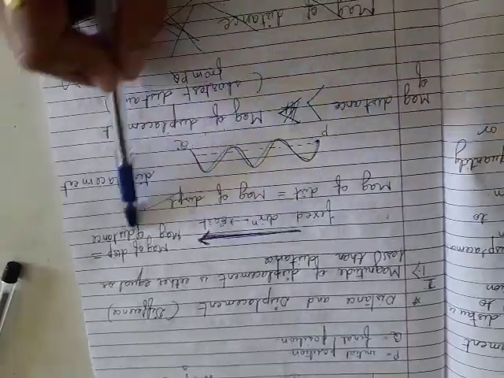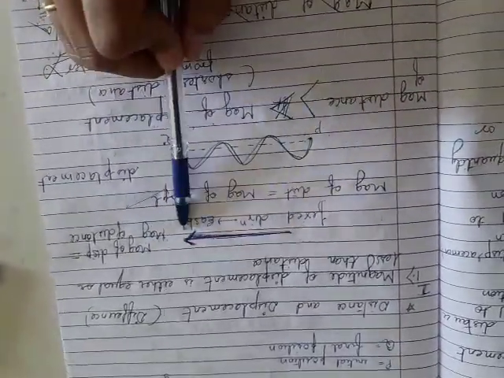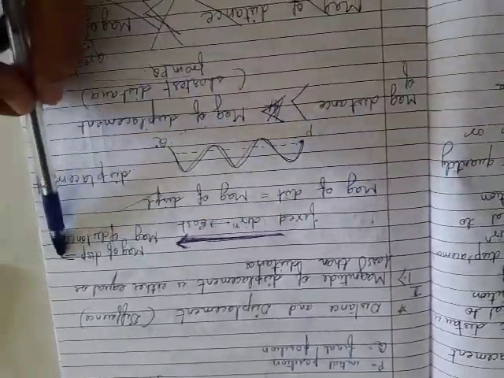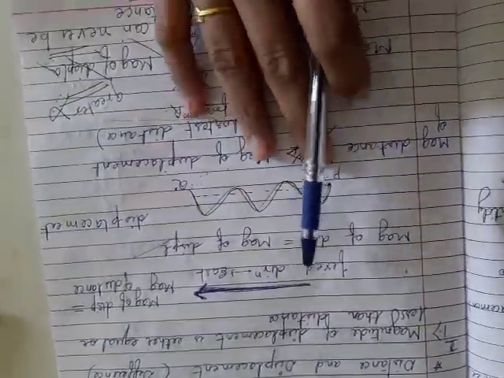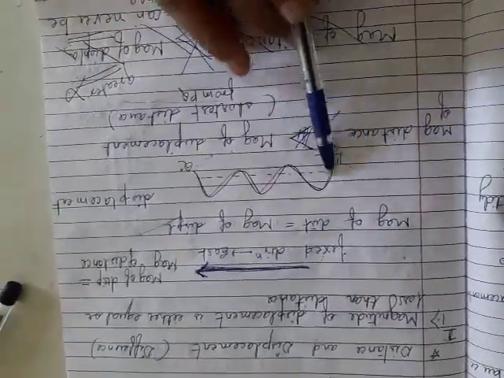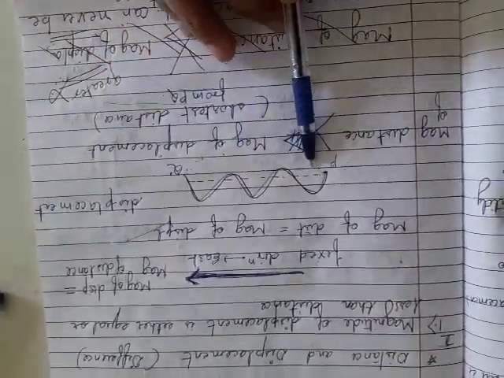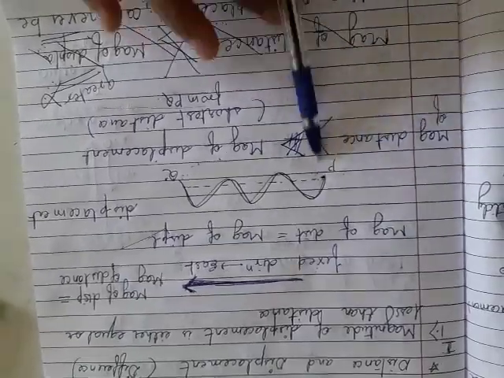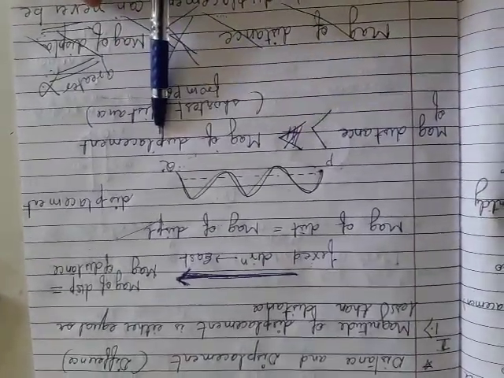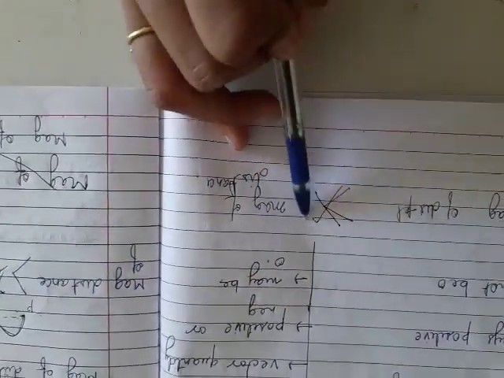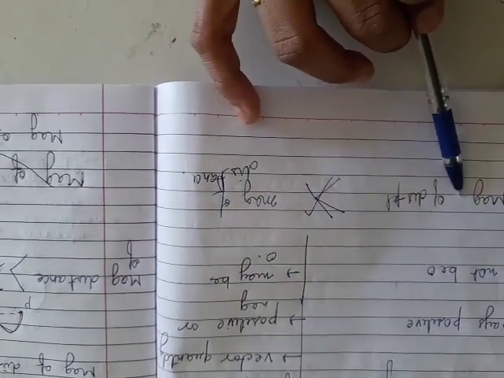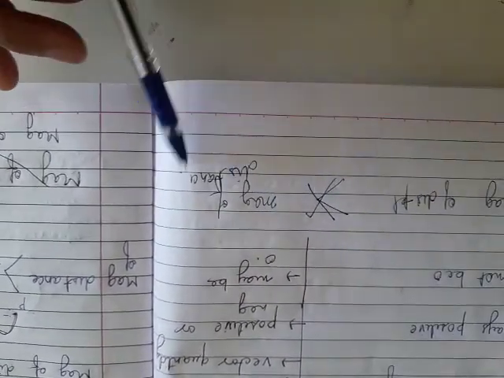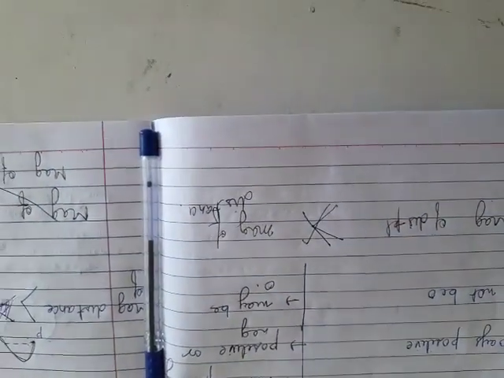Magnitude of displacement is equal when it is in a fixed direction; that time magnitude of displacement is equal to magnitude of distance. And second point is, if the motion is in a curved or zigzag path, magnitude of distance is greater than magnitude of displacement. And third point, the magnitude of displacement can never be greater than the magnitude of distance. I hope it's clear. Sorry for the mistakes.